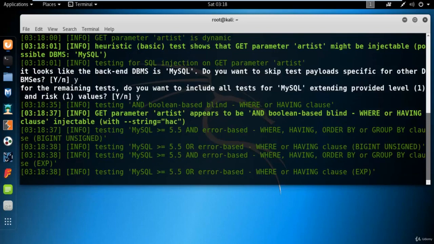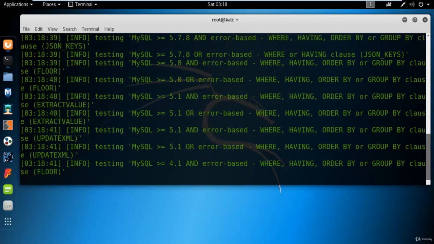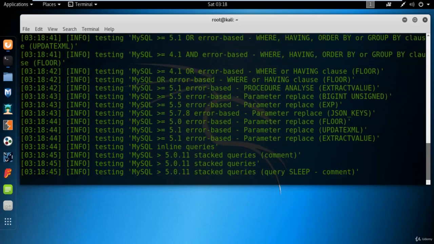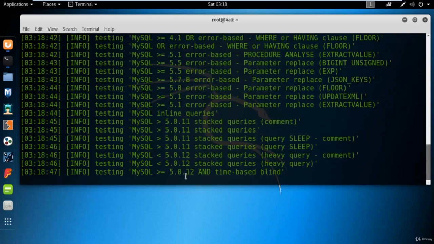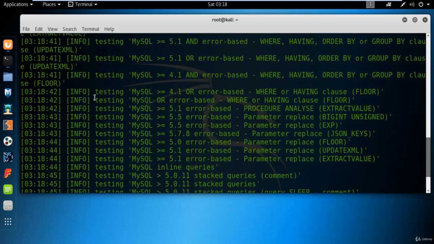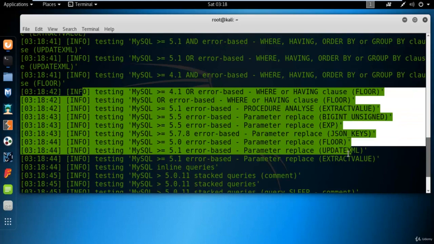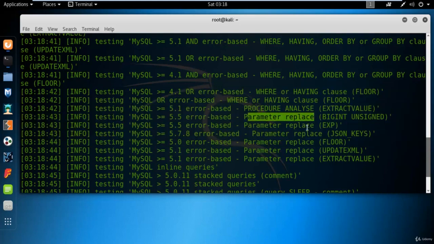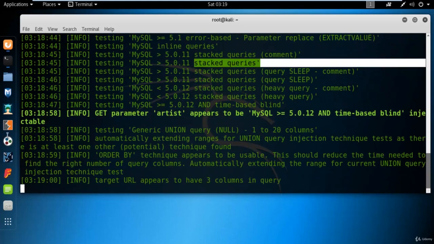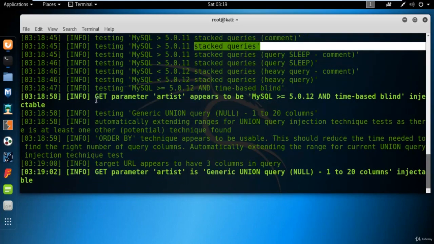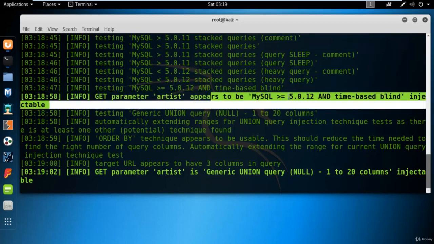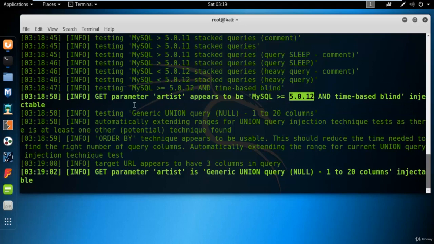Now it will test the web link which we have provided, and then it will find out information about the databases in the backend. So you just need to wait. You can see it is attacking MySQL, trying parameter replace, procedure analysis, stacked queries, and it is attacking the artist parameter. It says parameter artist appears to be MySQL 5.0.12 time-based blind injectable.